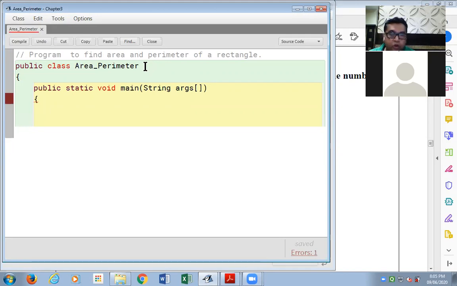Yes, correct, Mehak. Your message is correct. Mehak is saying that you could give any name as long as you're following the rules for identifiers. Kindly revise the rules for identifiers if you have any doubts. According to that, you can create the name for the class.